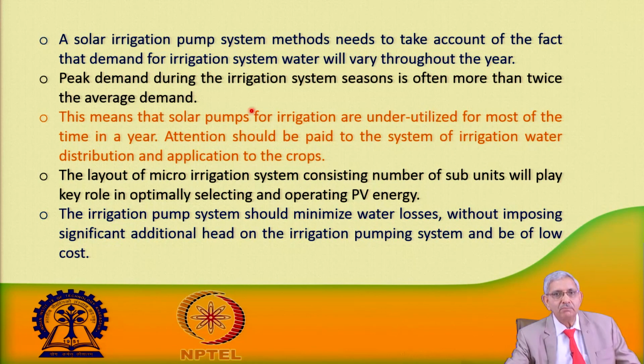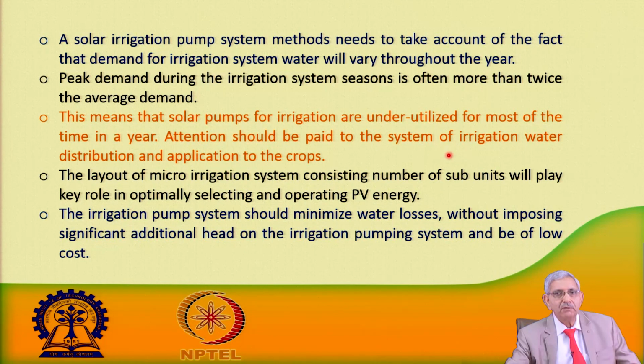Yes, it is correct. This will depend upon what time of the season we are considering, and at what growth stage. At the initial stage it is very low, and when the crop is fully developed, at the maturity stage, the demand will increase. This means that solar pumps for irrigation are underutilized for most of the time in a year. This is correct, the initial part is less, but